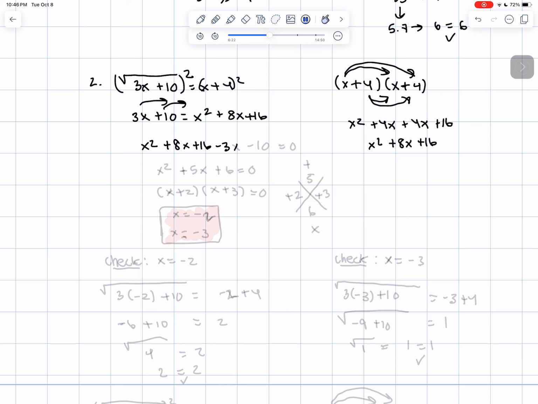Minus 3x minus 10 equals 0. So now we can combine like terms. So 8 minus 3 gives me 5, so it should be x squared plus 5x. And then 16 minus 10 should be 6